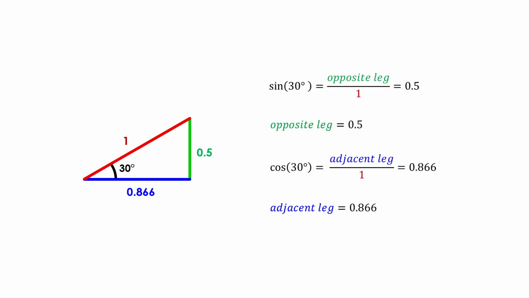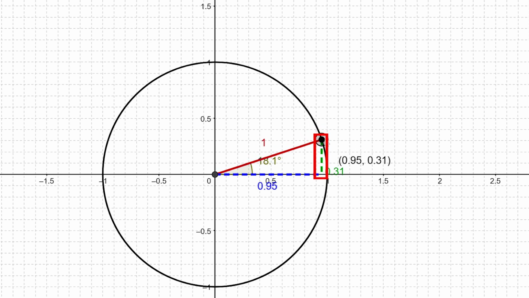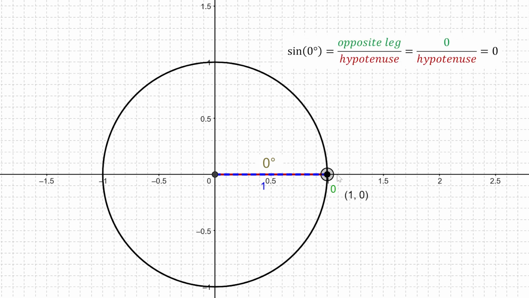A useful trick is that if we use a hypotenuse of 1, then the sine and cosine functions give us the lengths directly. When we have the angle here, the sine is related to the vertical side and the cosine to the horizontal side. A couple of interesting cases are when we have an angle of 0 degrees or 90 degrees. As we get closer to 0 degrees, we see that the opposite leg starts to disappear. At 0 degrees, the length is 0, so the sine of 0 degrees is 0.